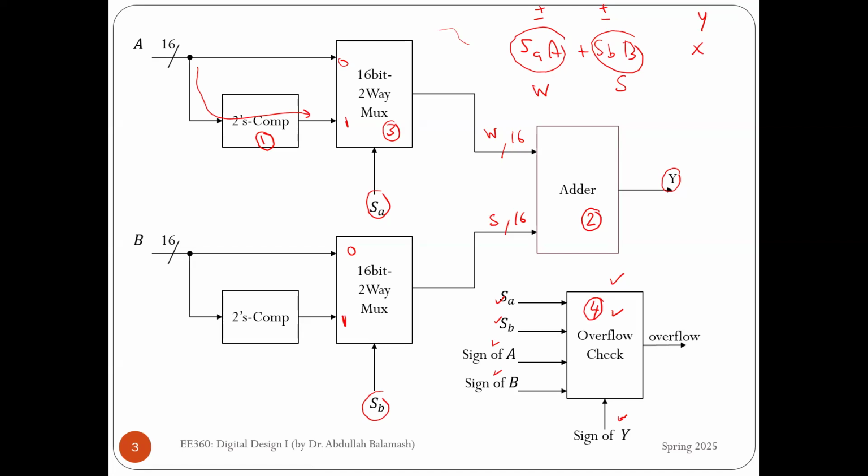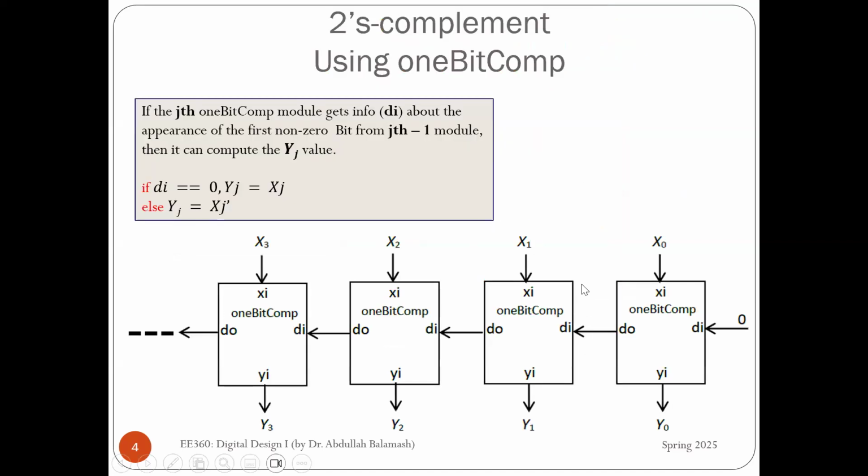Let us now start with the 2's complement. For the 2's complement, we need to have a circuit that computes the 2's complement of a 16-bit input. So we have 2 to the power 16 cases, which is more than 65,000 cases, which is impossible to do using a truth table. A simple way to do it is to build